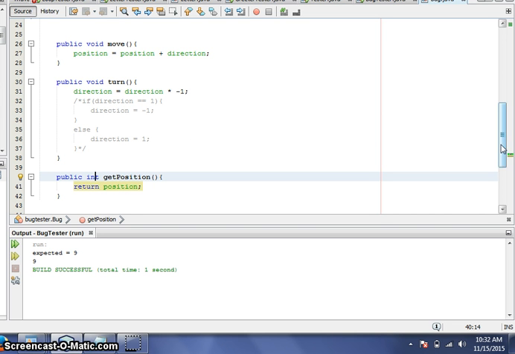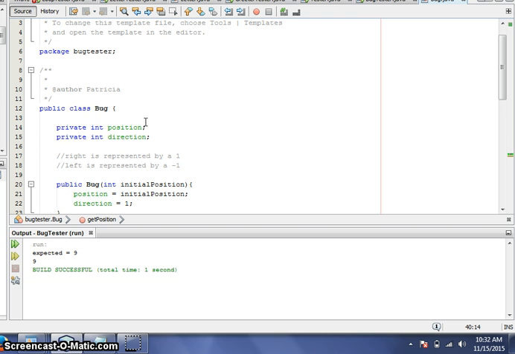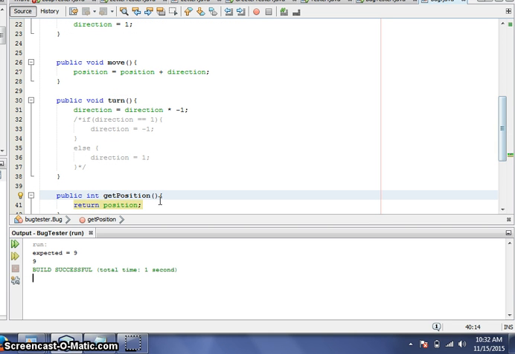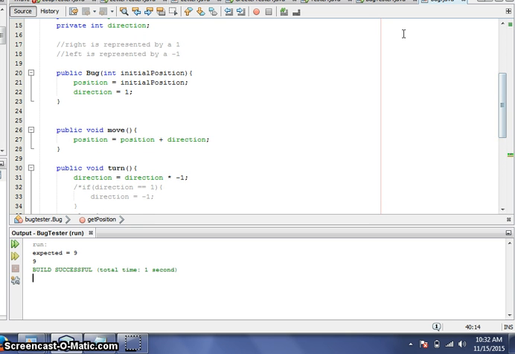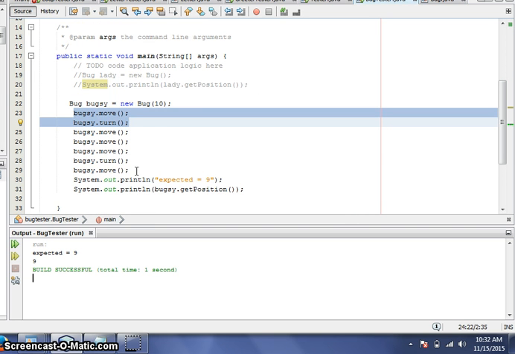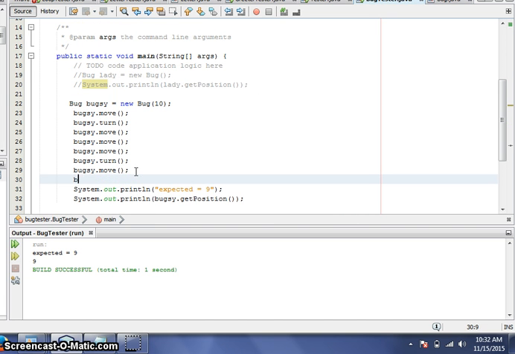Therefore, I better make sure that when I create an instance variable, I've got one that's an int to go back, not a string, not a boolean, not a double. It's got to be an int. So that's where you kind of have to start reading between the lines. You have to look at the header signatures of these methods they're providing and make sure you accommodate that with your instance variables, etc. So since that returns a value, what if I did bugsy.getPosition